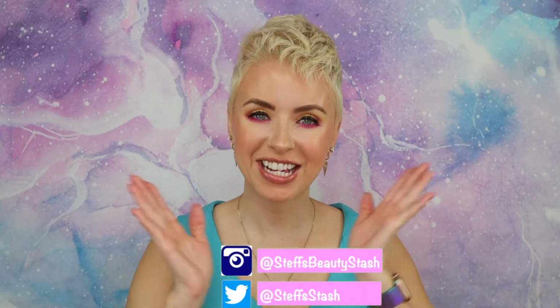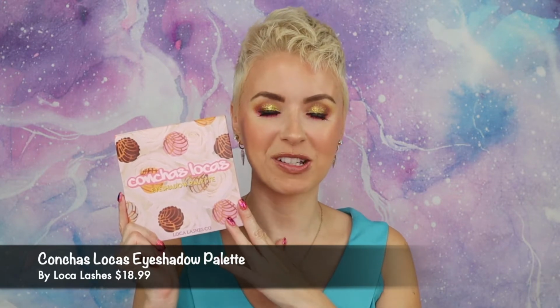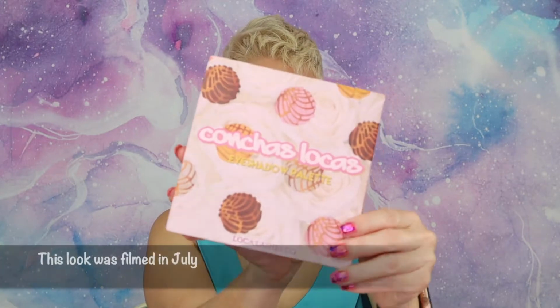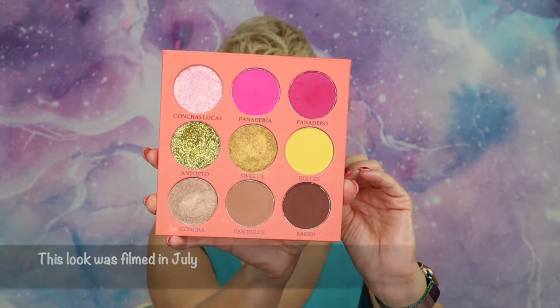Today I'm trying out another indie brand of makeup, and that is the brand Loca Lashes. Loca Lashes is a Latina-owned, California-based beauty brand, and the first product that I've picked up from this brand is the Conchas Locas Eyeshadow palette. This palette was released last month in June, and take a look at those 9 gorgeous shades. You do get a mixture of mattes, shimmers, and pressed glitters in this palette, and it retails for $18.99 on